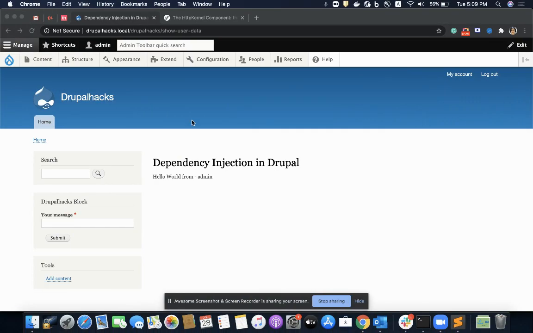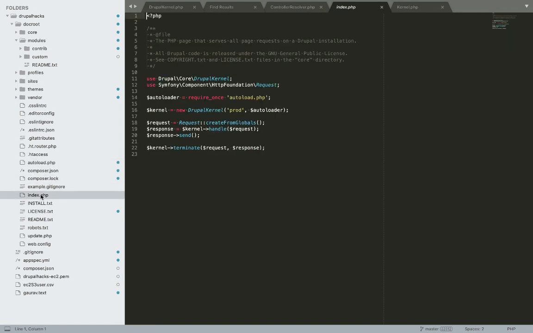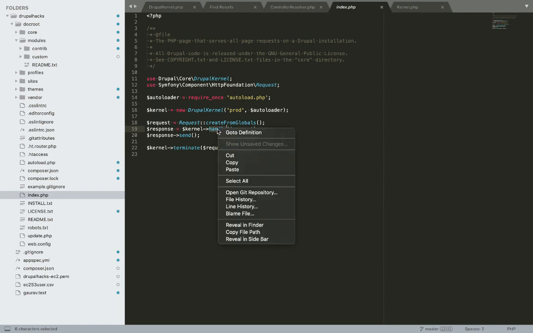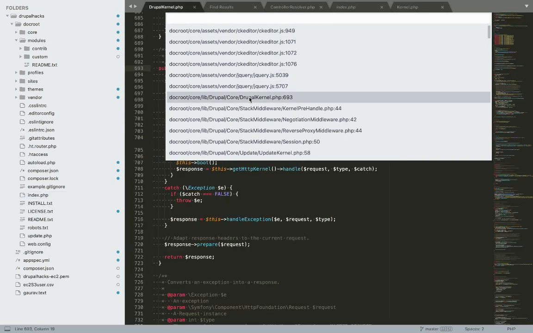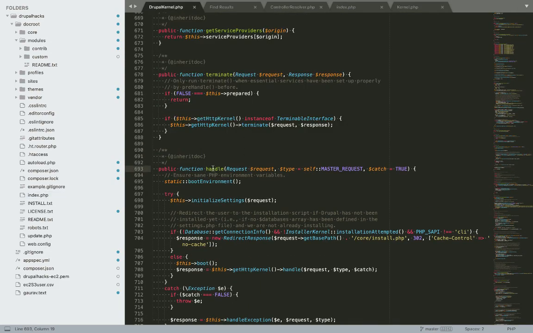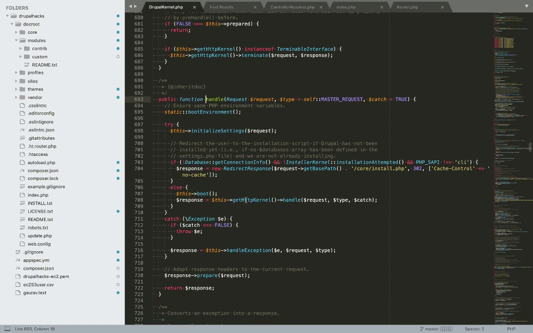Whenever we hit anything on our Drupal application, the request goes to this index.php, and inside index.php, for generating the response to our request, the request goes to the kernel of our application. If I go to the definition of this kernel handle function, I can see that it is for generating the response and passes this request to this get kernel function.